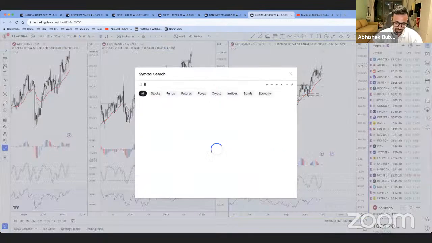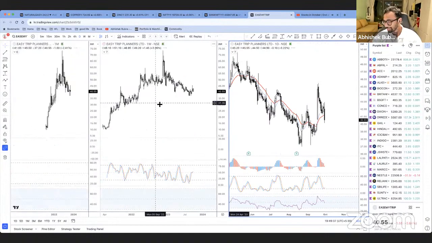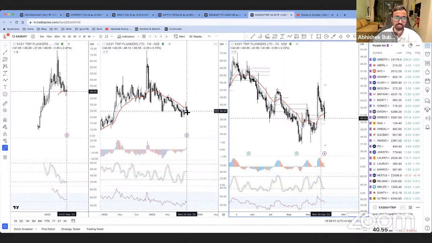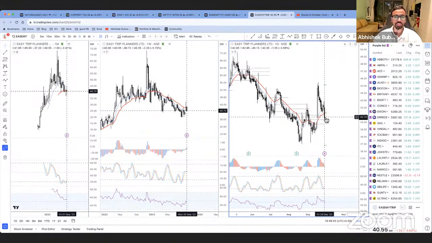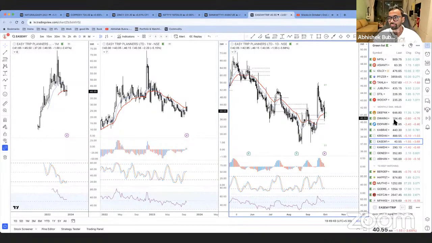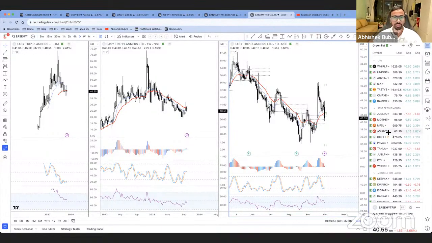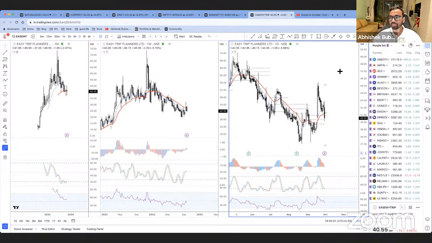Ease my trip. That is in my green list. You can see here. Ease my trip. But this is to watch. आप देख सकते हो monthly at EMA, weekly bullish divergence, all correct. But this candle here, और जितना बड़ा white candle भी पूरा खा गया ना. So this is in fact to watch. If you see my green list here, so ease my trip is here to watch. Like I'm not put it for immediately कि मैं ready हूँ इसमें घुसने के लिए. ठीक है? Let me go back to pink.